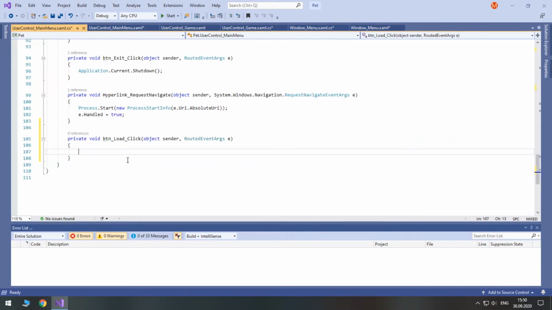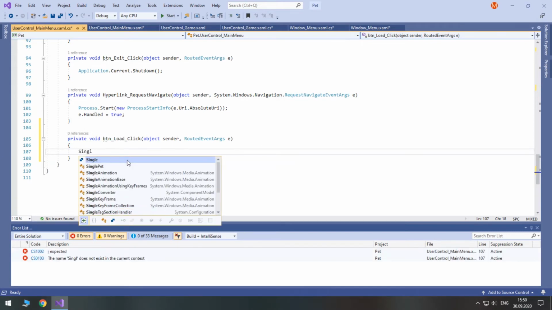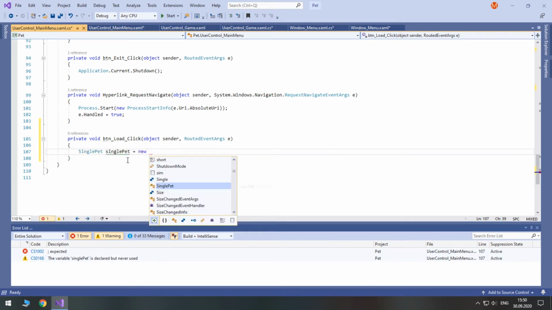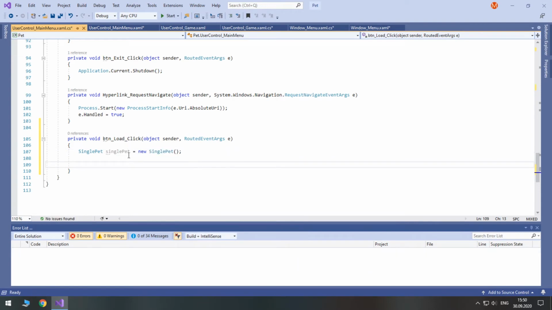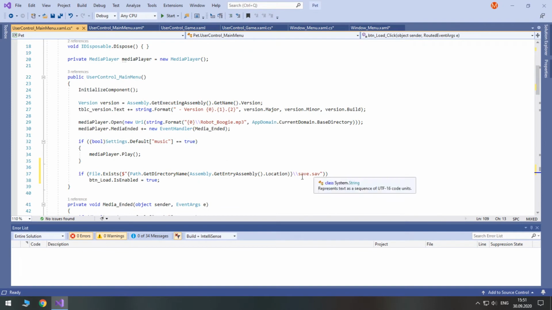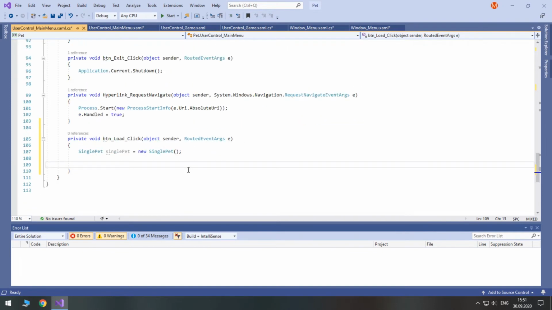First of all, we will create a new single pet and initialize it. We will fill it later after we read the values from this file. So we will read all values by lines, but we will do it right at the start. String, these brackets mean that this is a string array, so there are many strings in it.